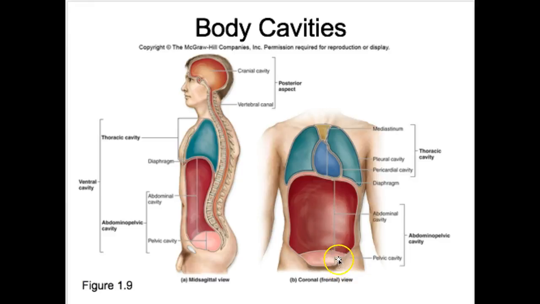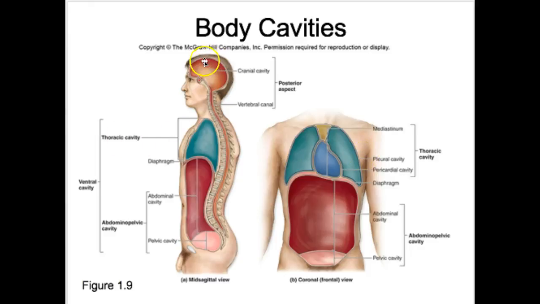And as you can see, this can be considered subdivided into abdominal and pelvic cavity. There's no membrane separating the abdominal and pelvic cavity. It's an imaginary line from part of your pelvis that we use to delineate the pelvic cavity. So yes, you need to know thoracic cavity, you need to know pleural cavity, referring to lungs, pericardial cavity, mediastinum,